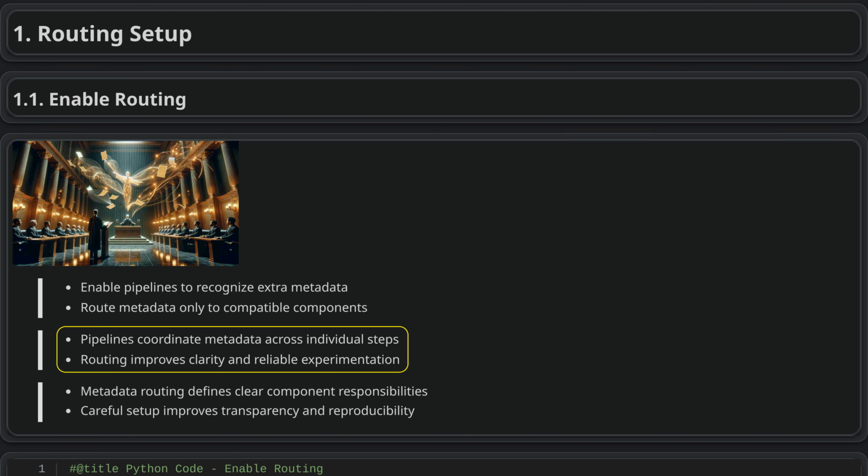Metadata routing lets a pipeline pass extra information only to the steps that need it. For example, sample weights may matter for a final classifier, but not for preprocessing, while store identifiers may help evaluation avoid bias. This makes workflows cleaner, more coordinated, and more reliable, without requiring every component to handle every piece of